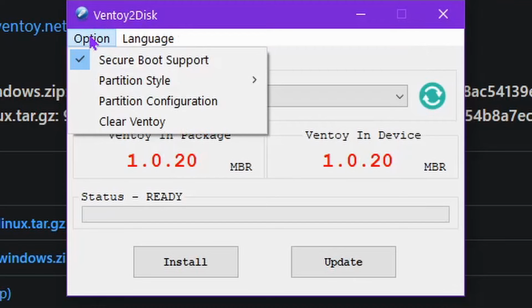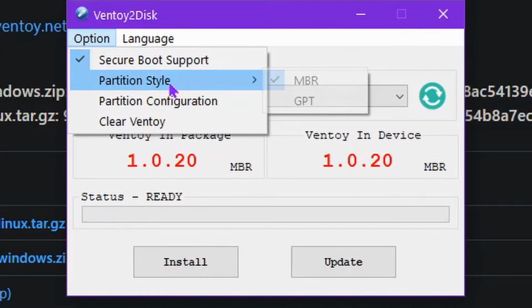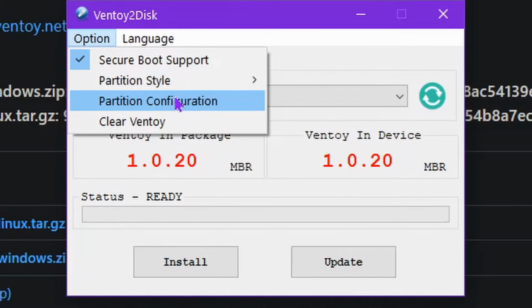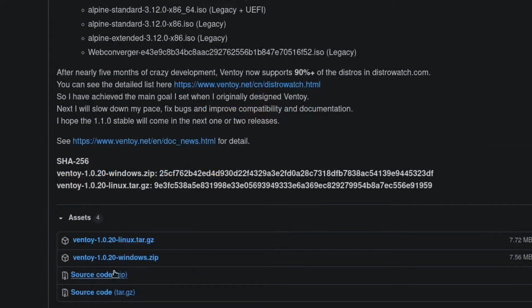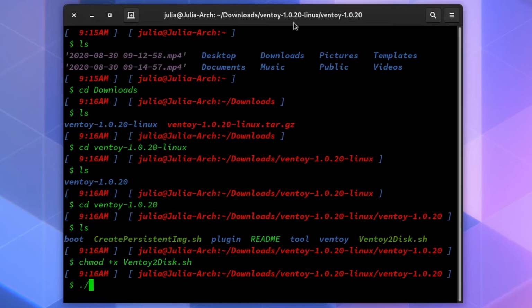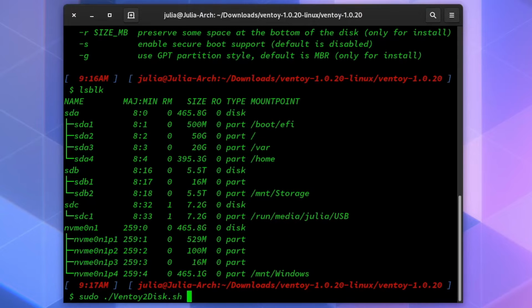I also recommend enabling secure boot support, as most computers nowadays use secure boot. I left the partition style as MBR and it was perfectly fine. You can download the Linux. After that, we will run the script with the --help command so that we can see the options that are available. And we are going to do the -i, as well as -s for secure boot support, and then